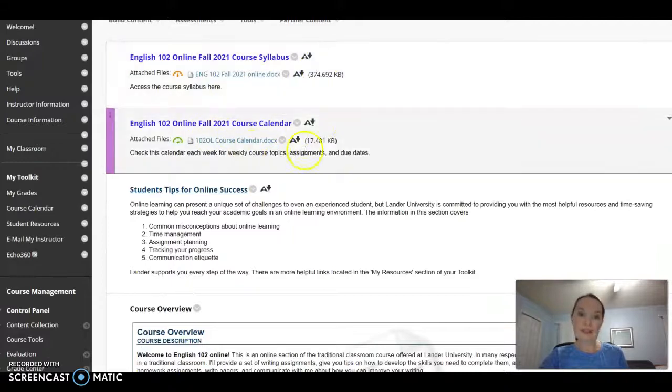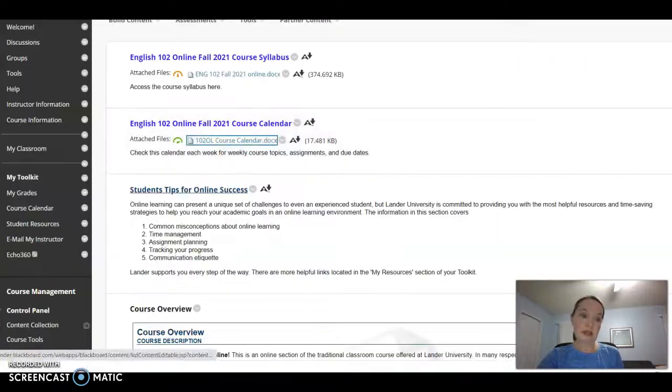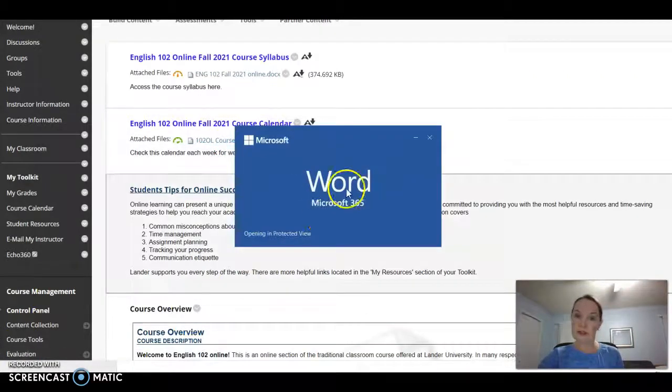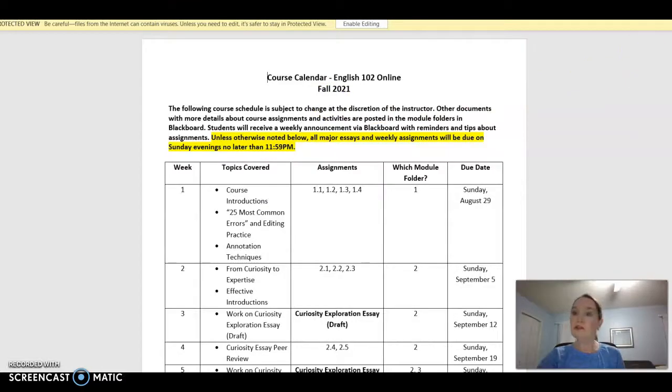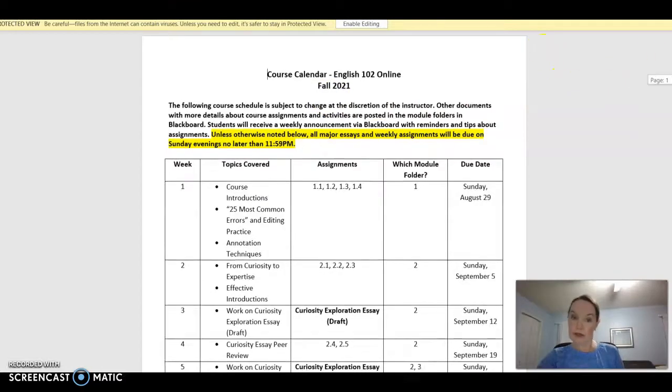All right, under course information, here you'll see our course syllabus. You'll see the course calendar. I definitely encourage you to take a look at this course calendar at least at the beginning of every week. There you're going to be able to see all of our assignments. They're all laid out for you very clearly week by week. We can open it up and just take a quick look. I won't explain it line by line, but at least you can take a look at how it's organized.